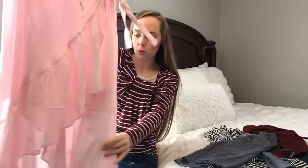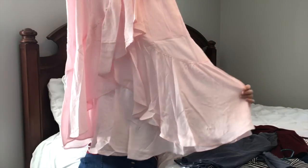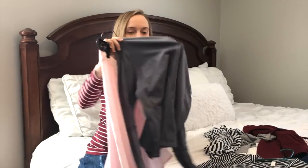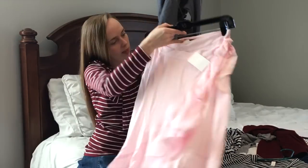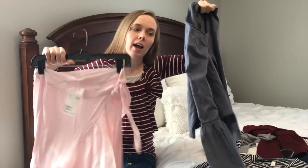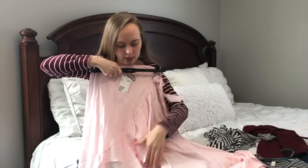Okay, I'm back. So I ordered this light pink skirt from H&M, and as you can see it's a wrap skirt and it's really cute. And I had bought this gray shirt from Kohl's to go with this pink skirt, and I was really excited because I was going to have me a gray and light pink outfit. But the only problem is it's more